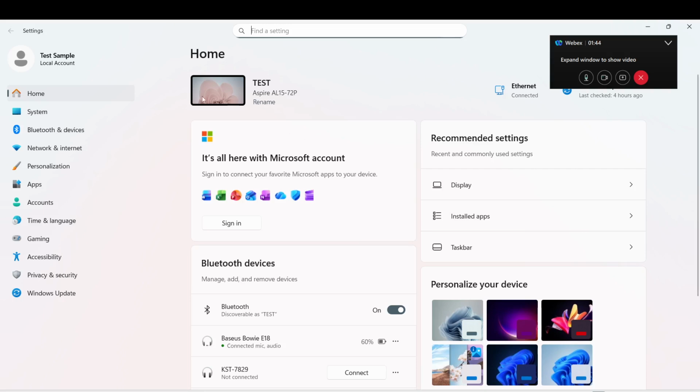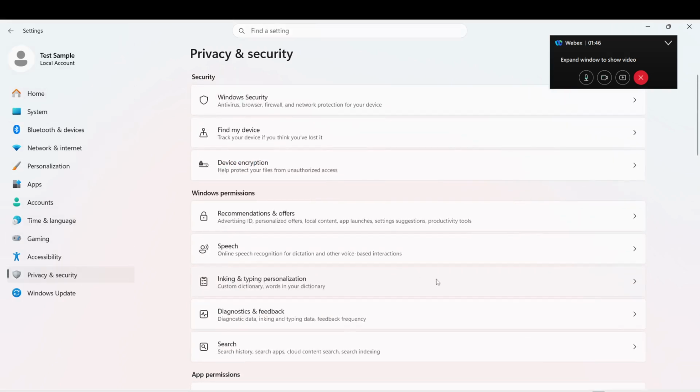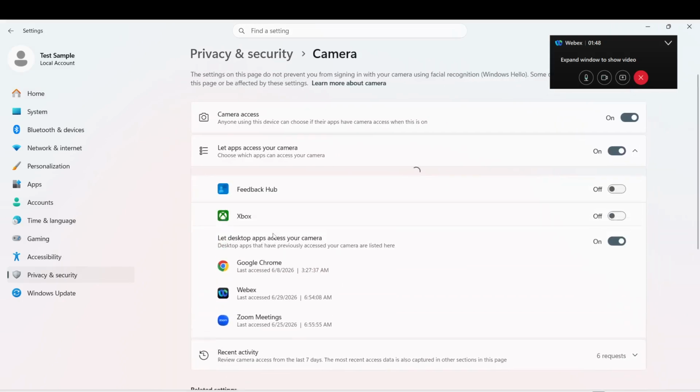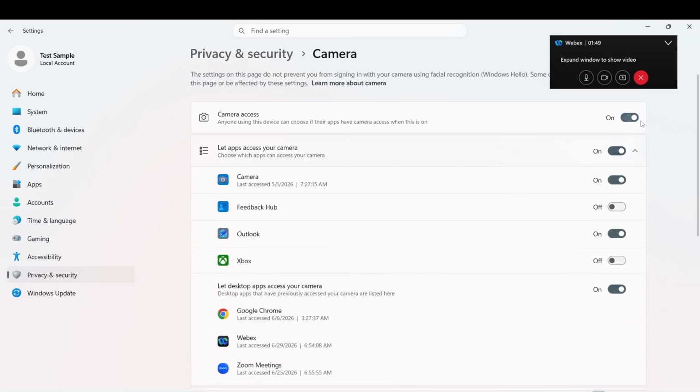From there, navigate to Privacy and Security and then click on Camera. This is where you can check the permissions for your camera device. Ensuring that your camera settings are correct is vital for applications like WebEx to function properly. If the camera is not allowed access, it will not work during meetings. The layout should be straightforward, guiding you directly to the camera settings with ease.